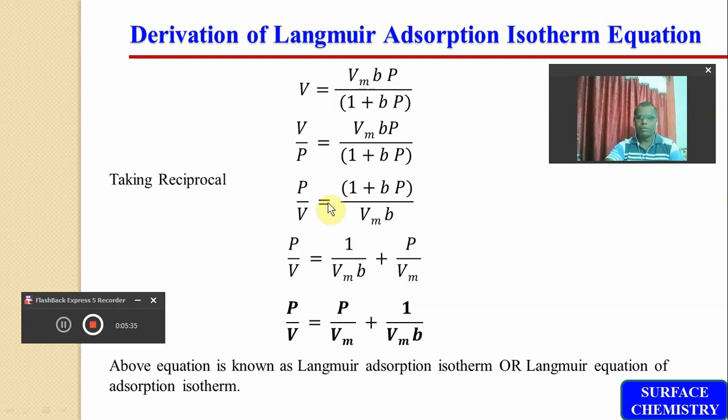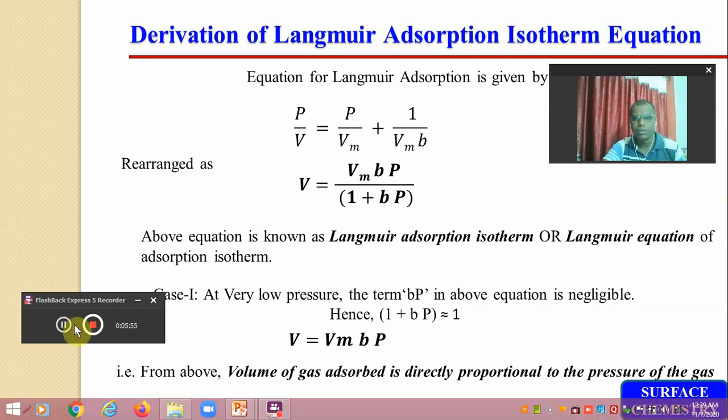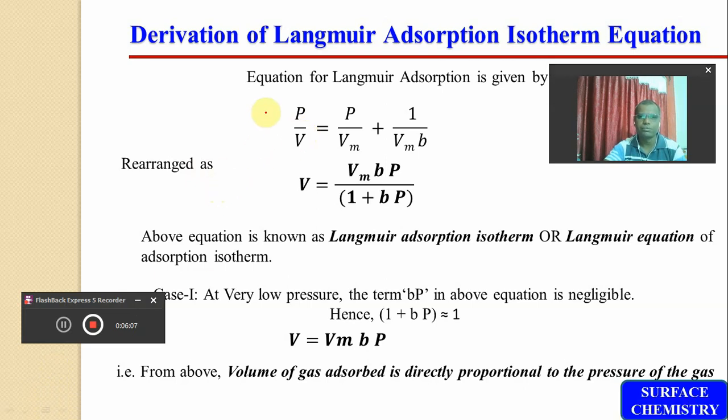So here, whenever we want to check the validity of the Langmuir adsorption isotherm, but before checking the validity, the equation that we got for the Langmuir adsorption isotherm is P upon V is equal to P upon Vm plus 1 upon Vm into B. And definitely we have derived this equation from this,